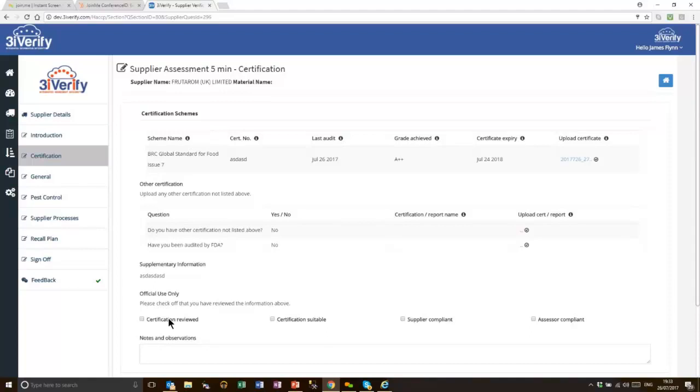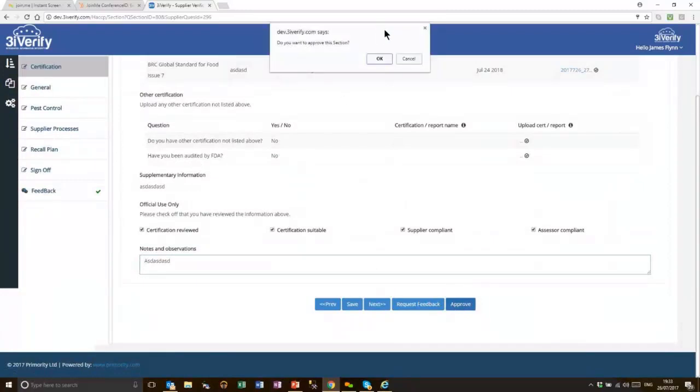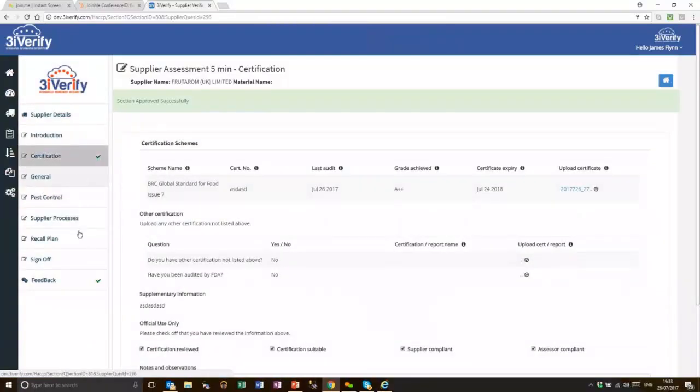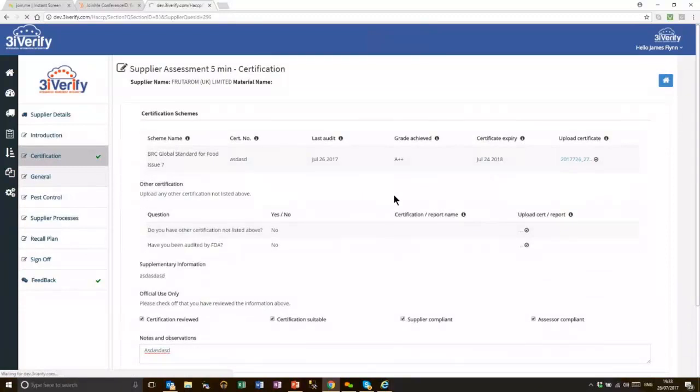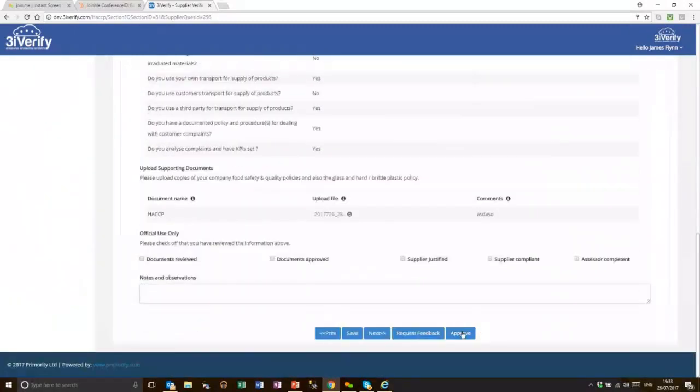And again, this is a very basic assessment, and in this example here, it's just checkboxes. So have we reviewed the certification? Is it suitable? Is the supplier compliant? And are you as an assessor competent? And then you can put any notes in here and then approve that section. So once all the sections have been approved, the questionnaire itself can be approved and the supplier with it. So again, we'll just come down here, we'll cancel, we need to do the checks. So we do our checks and we go approve the supplier and move on to repeat that with the other